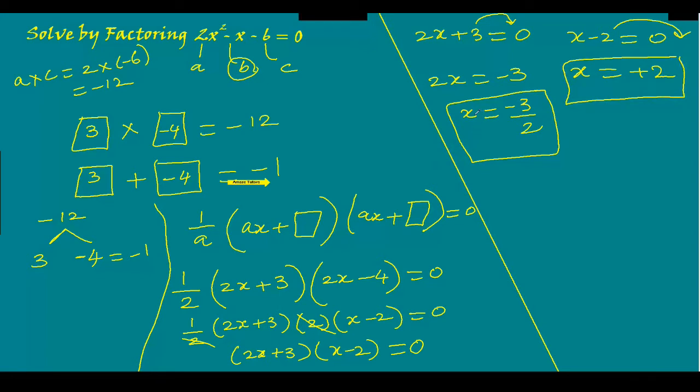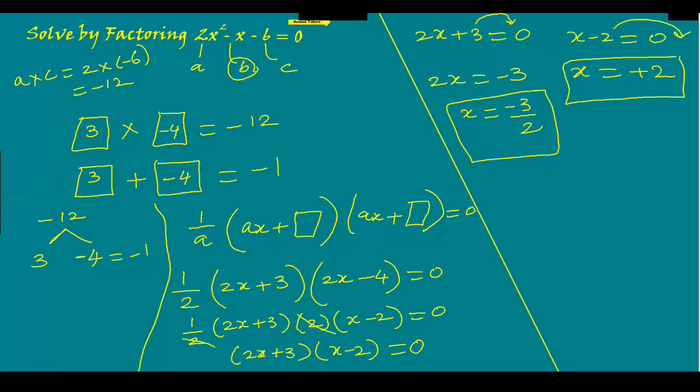This is how you will solve a quadratic by the factoring method, because you are trying to factor the given quadratic. These are the two factors and we equate each of them to 0, and get the x values. That's all. If you want to check your answer, as you know very well, just substitute each x value in the given equation and see that the left hand side equals the right hand side. So that way you can check your answer in exams.